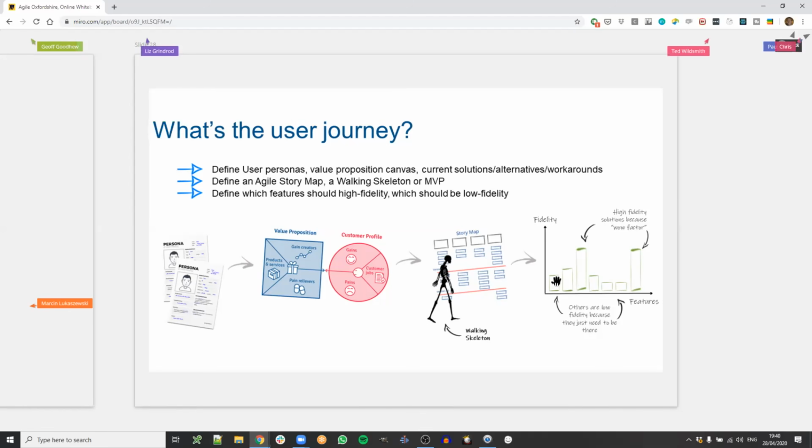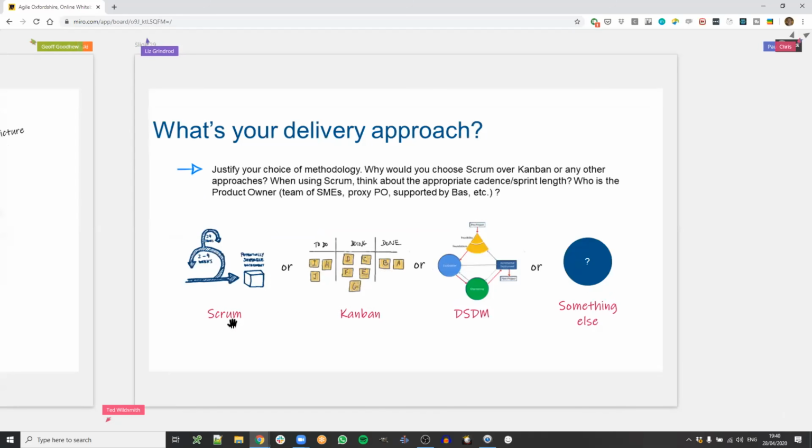To define a level of fidelity, right? So if it's a low fidelity solution or a high fidelity solution to some of the different aspects of the product, right? So all of this really, and user personas, I skipped at the beginning, is really quite useful to spend time explaining all of that and bringing the whole team on board with that.